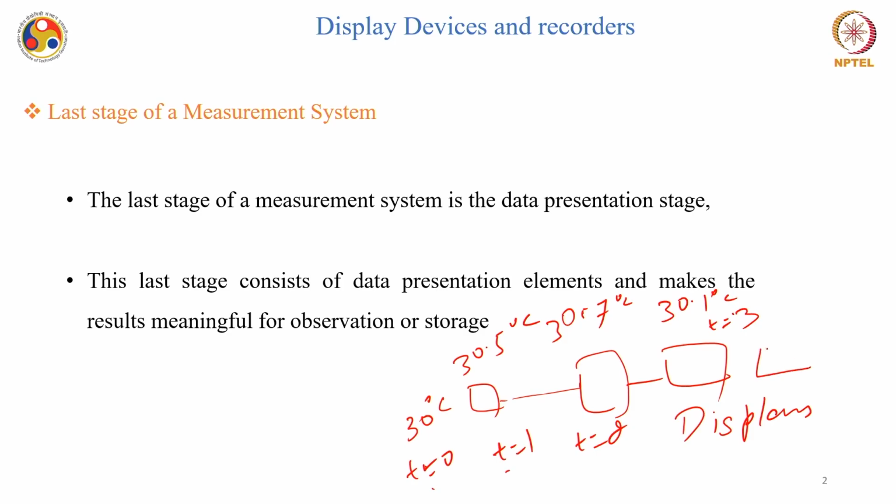Say for example, it can show you 30 degrees Celsius for t equal to 0, then it can change to 30.5 at t equal to 1. Similarly, it can change to 30.7, okay, at t equal to 2,